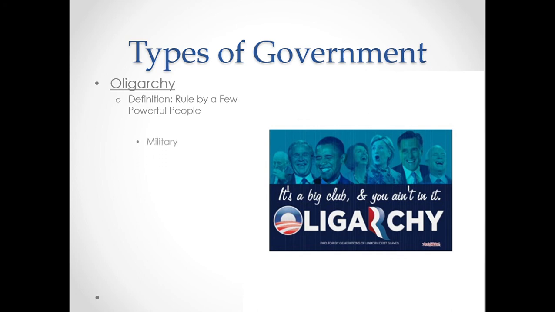But a place that is an actual oligarchy is someplace like China, which is run by the Communist Party, and the Communist Party is a very select group of people, and you have to be in the know with the party to make the decisions. Russia is kind of an example, because after the fall of the Soviet Union, it was a few people who were very well connected that kind of took the power, and they still make a lot of decisions today.